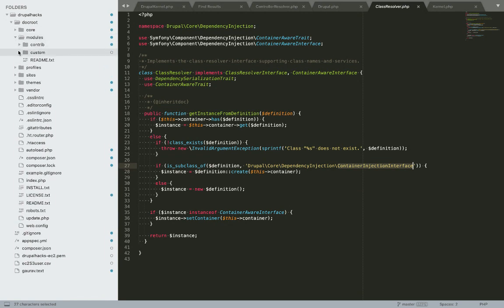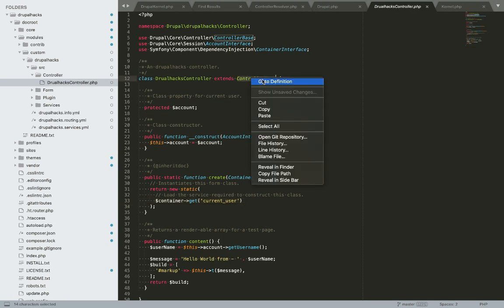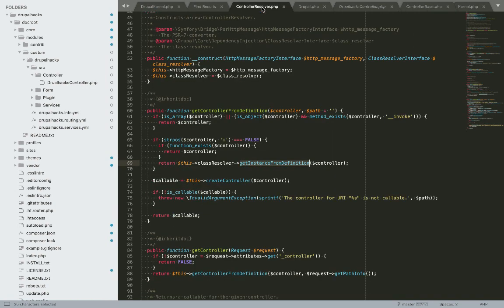To pass the dependencies, we extend controller base, which in turn implements container injection interface.